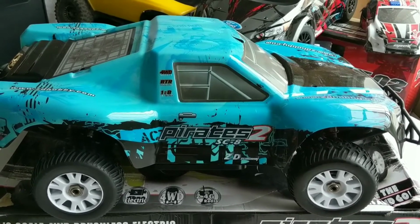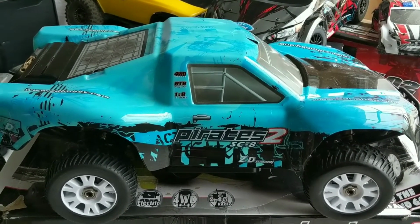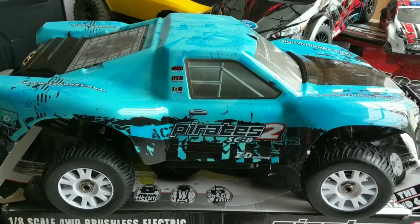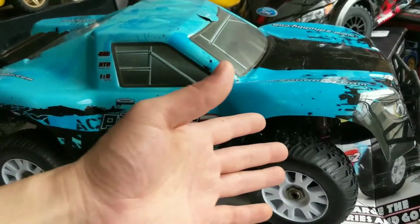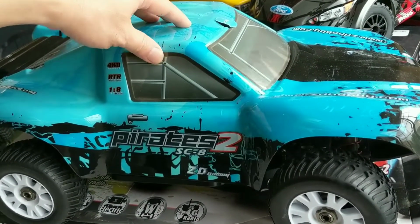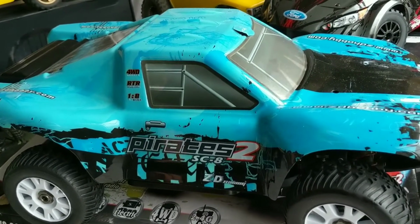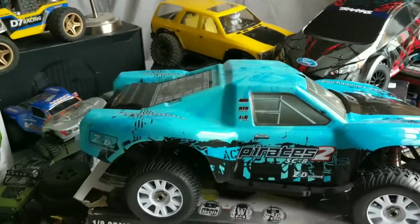I'm pretty sad the body came busted, and the bummer behind that is because you can't find these bodies around. I can't find a spare body like this, and I've measured it out, and I believe a Traxxas Slash body might be able to fit on there. So I'm gonna try that out after this gets a response, and I'll let you know, or